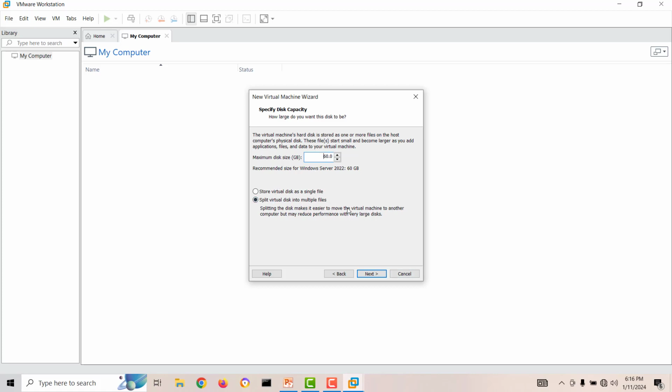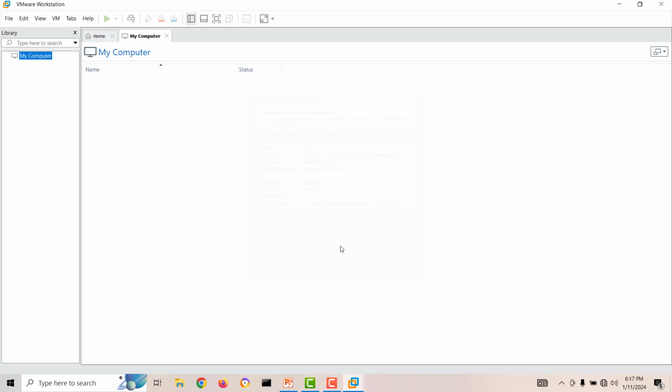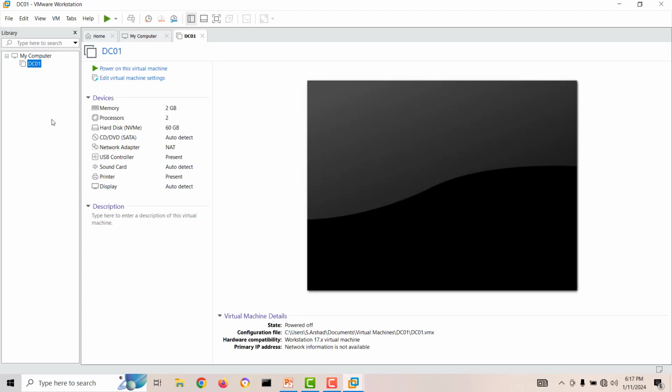Okay, multiple files can be created. Next, and this is the RAM size, and this is the NAT, and this is our storage for the domain controller. Finish. After doing finish, it will create our virtual machine. Here is the virtual machine. One more thing,